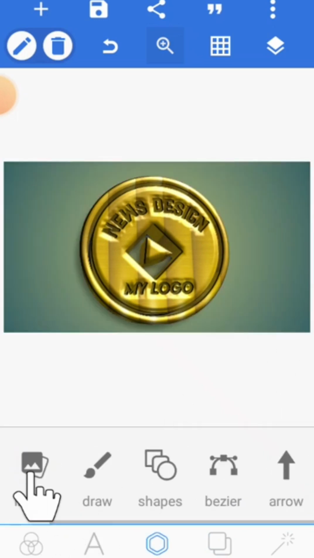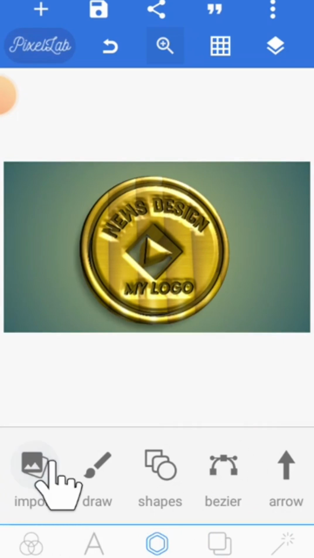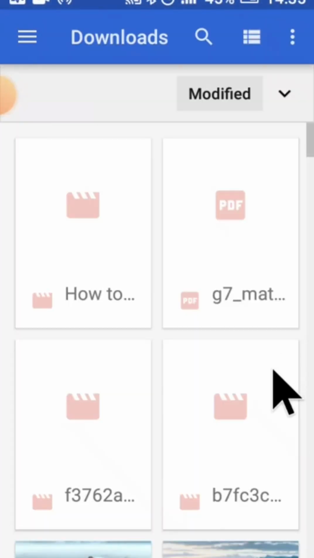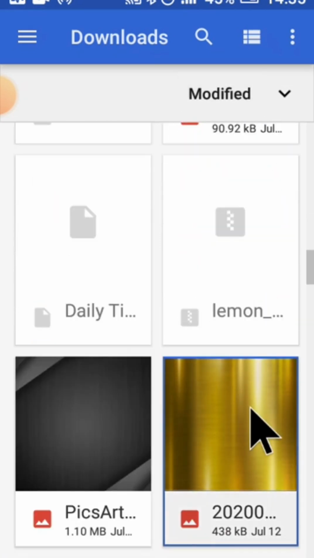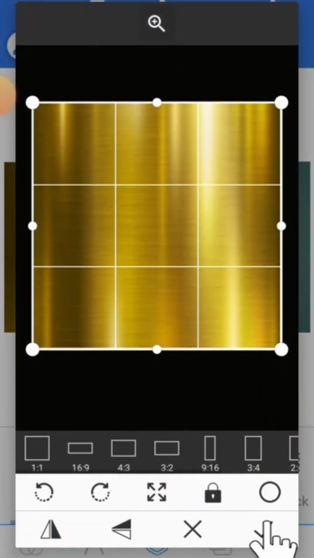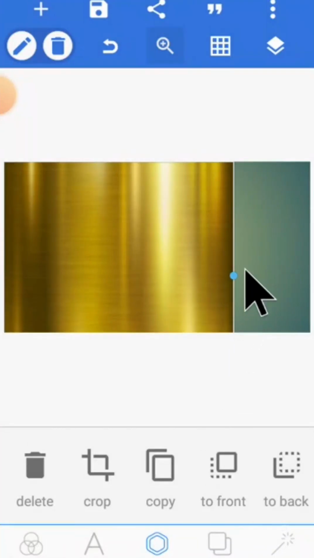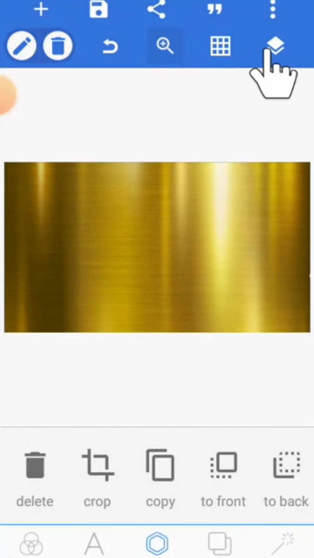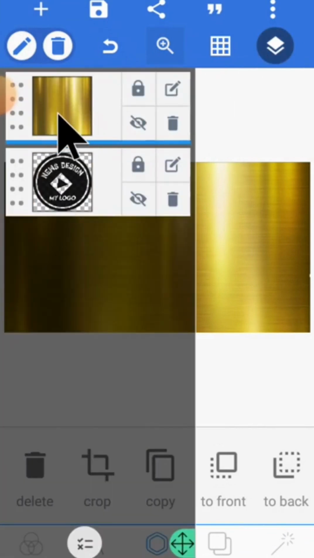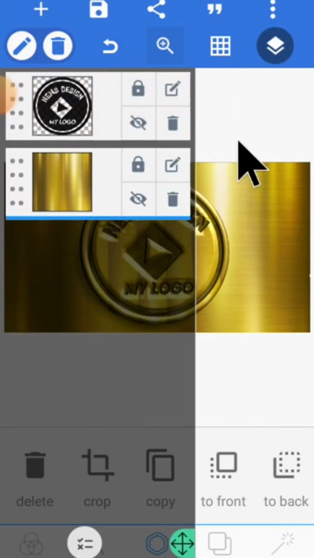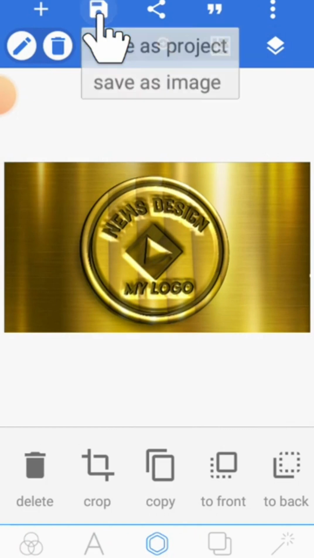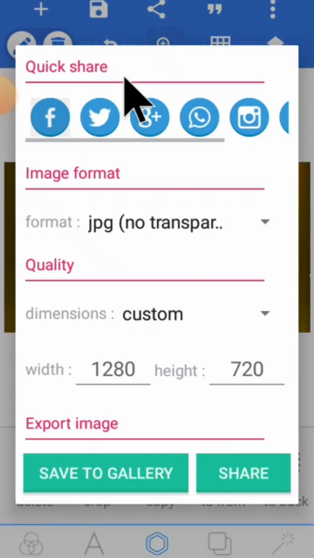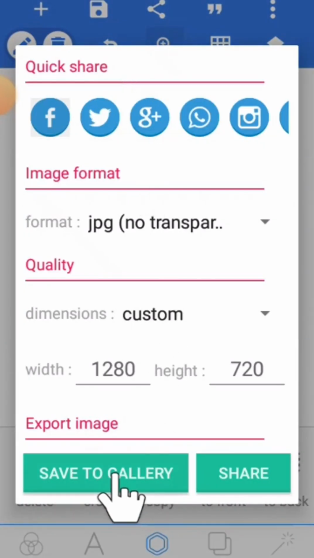So let's just go and import. So let's delete this one, then import. So you want to import the gold one. Just find the gold. Okay, this same one here. So double click, then just OK. Resize it. As usual, go and rearrange them. So once you're done with that one, we have that good looking logo. It's just a matter of saving it. So just command on save as image. So like that, you have designed a logo that you can use on your social